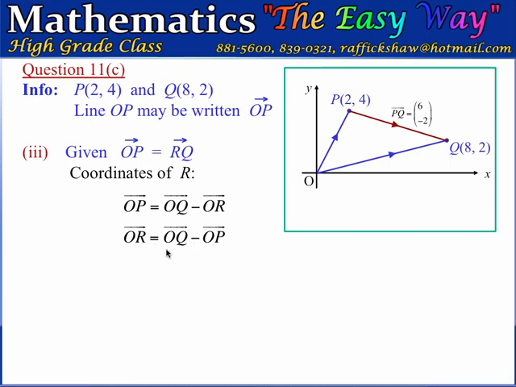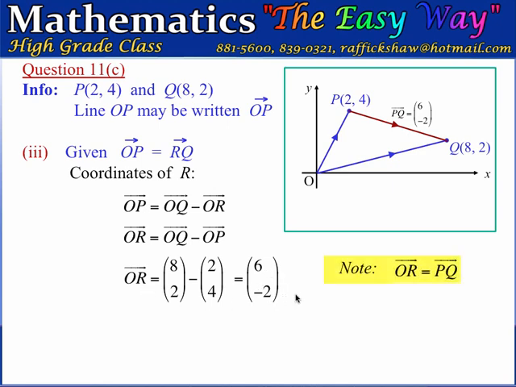And since we know the vector OQ and also the vector OP, we can now calculate the vector OR as follows. The vector OQ is equal to (8, 2), and the vector OP is equal to (2, 4). And so when we do this calculation, the result is that the vector OR is equal to (6, -2). And therefore, the position vector of R is (6, -2). Now we must notice that